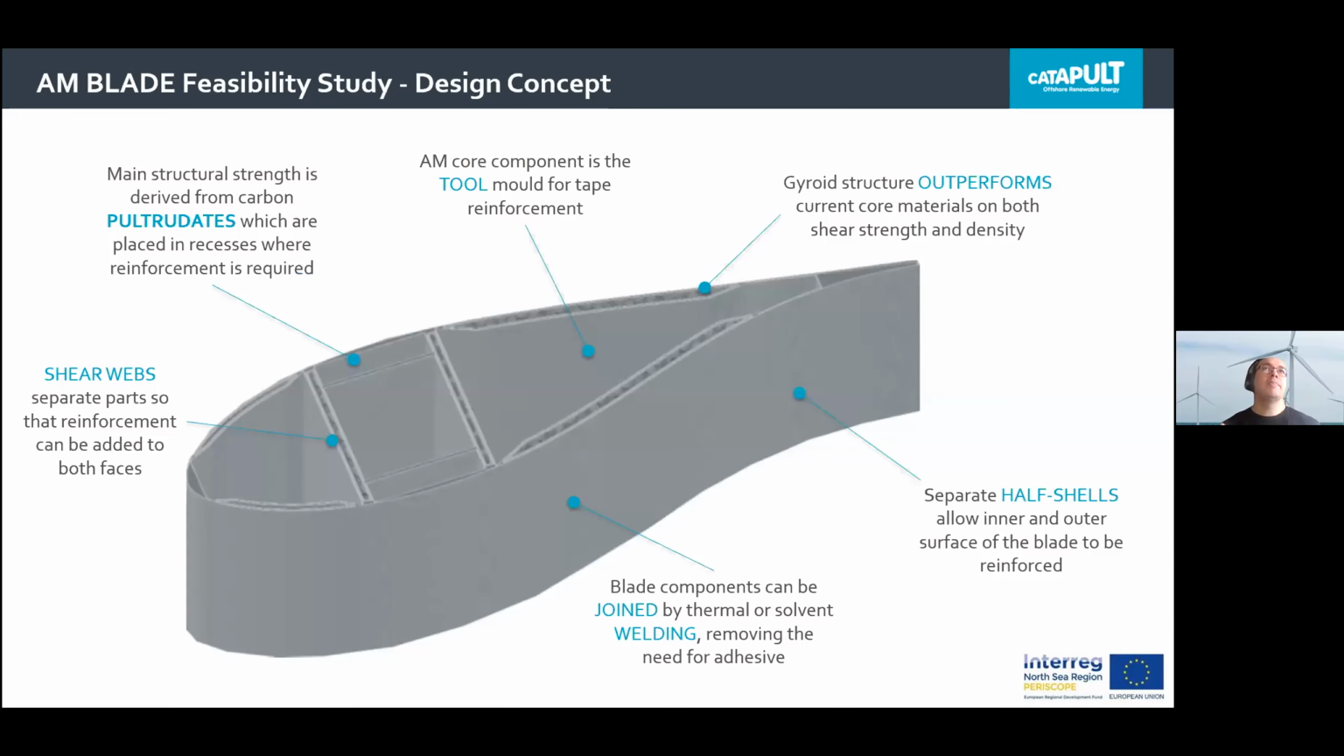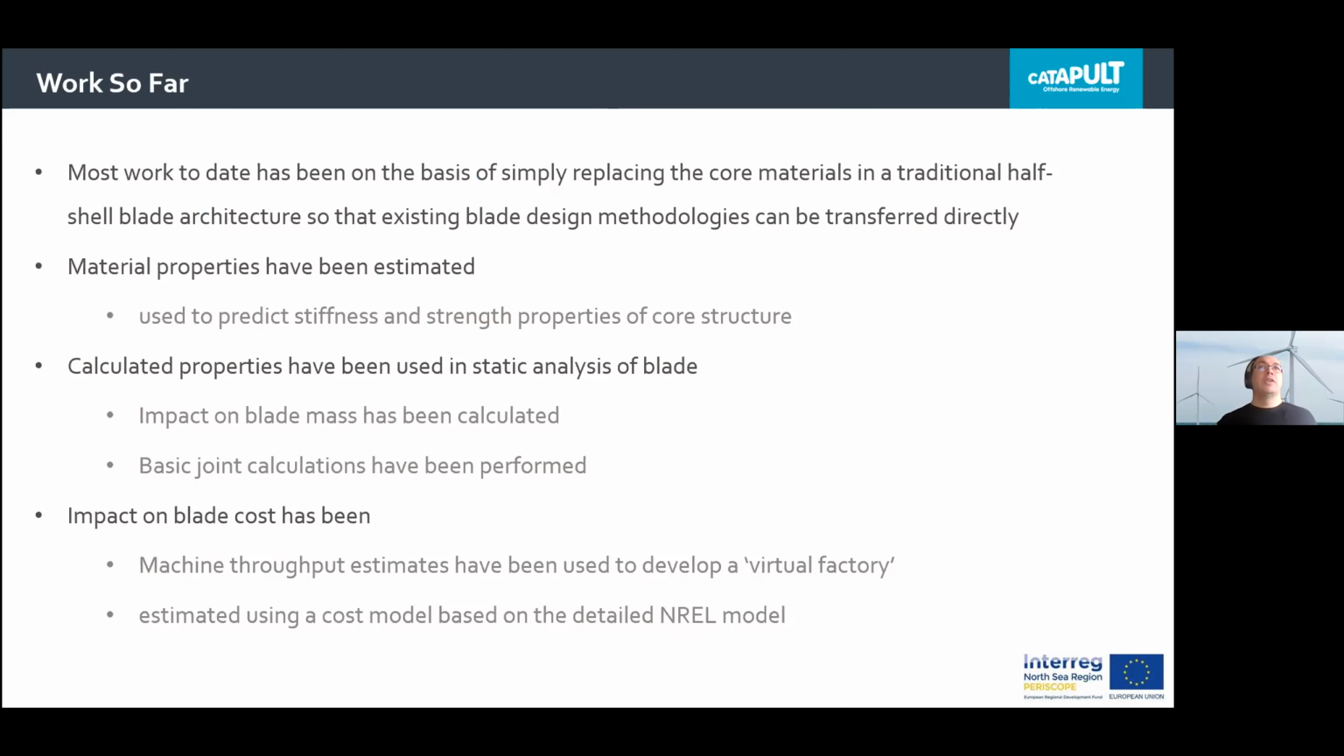So as far as the Unblade feasibility study goes, there's a structure there that we use which is akin to and resembles what a current blade is like, with separate skins being held apart with shear webs, with basically a 3D printed overall module. So basically material properties have been estimated using this approach, and calculated properties for static analysis to give impact on blade mass, basic joint calculations, as well as a final